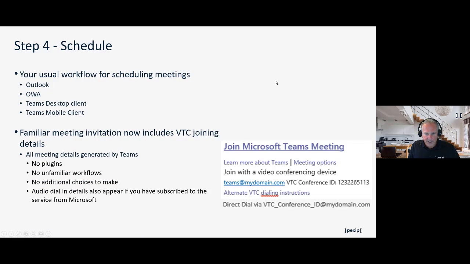We move on to the scheduling. This is where we've actually got this in play now, and it's the workflow that your Teams users are used to using. So, usual workflow: Outlook, Outlook Web Access, Teams desktop client, your Teams mobile client. You're generating a familiar meeting invitation, and it's now including some additional details. These details are effectively the